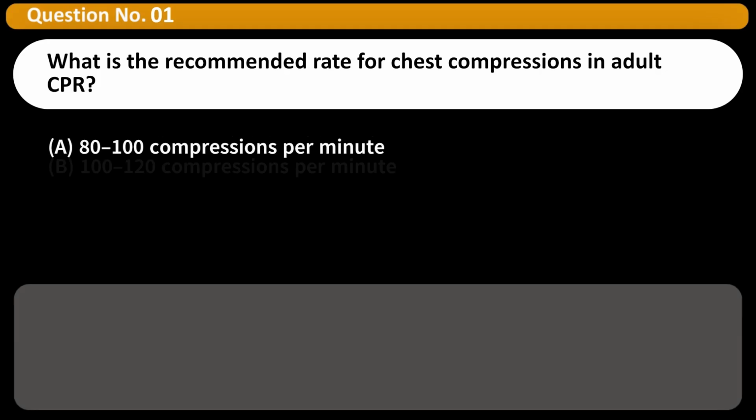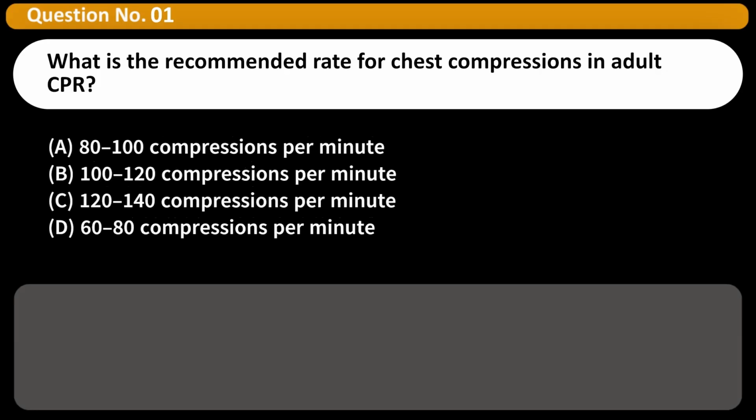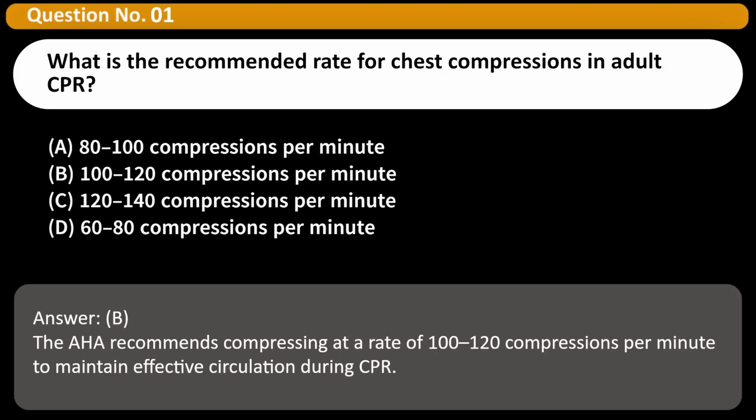What is the recommended rate for chest compressions in adult CPR? A. 80 to 100 compressions per minute. B. 100 to 120 compressions per minute. C. 120 to 140 compressions per minute. D. 60 to 80 compressions per minute. Answer: B. The AHA recommends compressing at a rate of 100 to 120 compressions per minute to maintain effective circulation